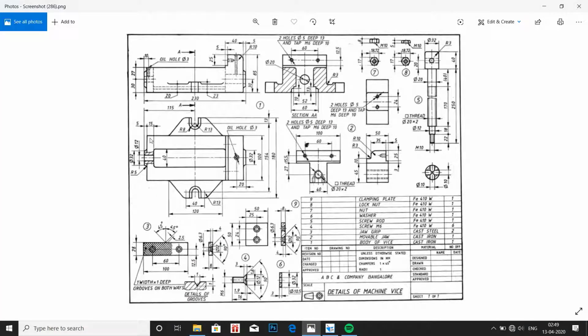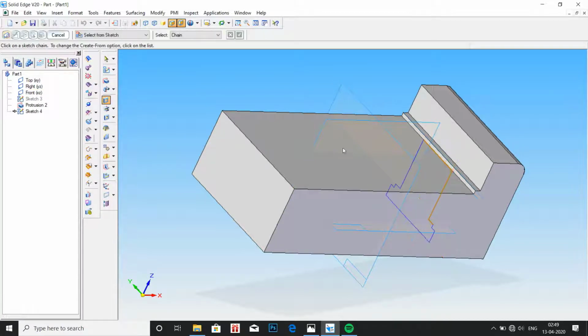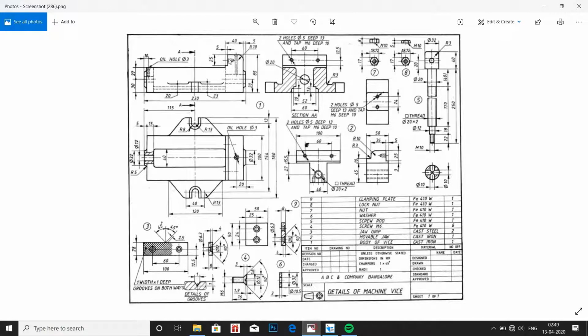Here we can see that from this side it is 15 mm away, and the surface from the other edge is at 40 mm of distance. So we have to subtract the values, that is 40 mm and 15 mm from the 220.